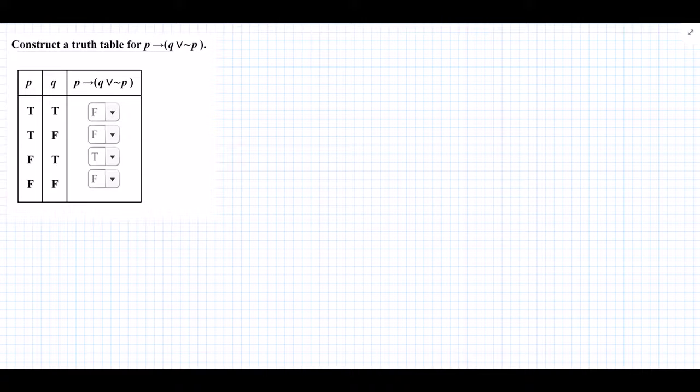Okay, this problem is coming out of the 7.2 homework. So what we want to do here is construct a truth table for this compound statement here: P implies Q or not P. Okay, so I'm going to rewrite this truth table over here because it's usually beneficial not to do this all